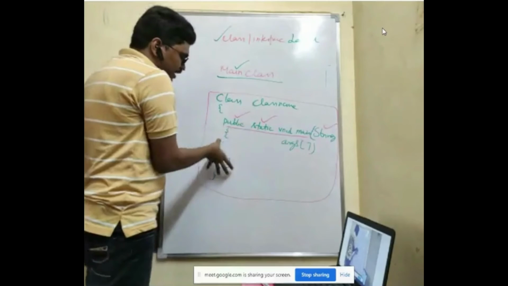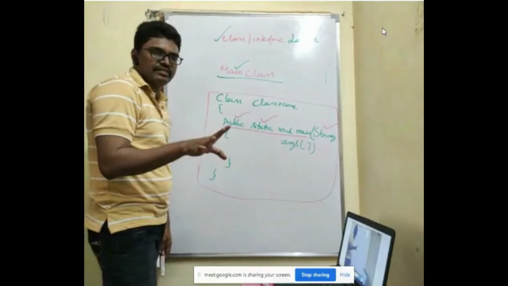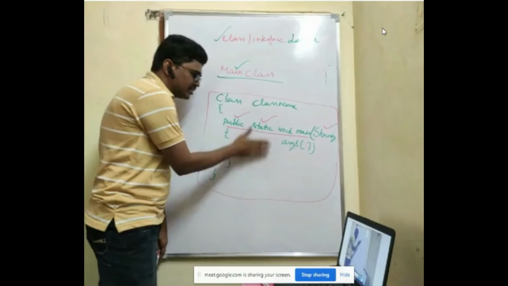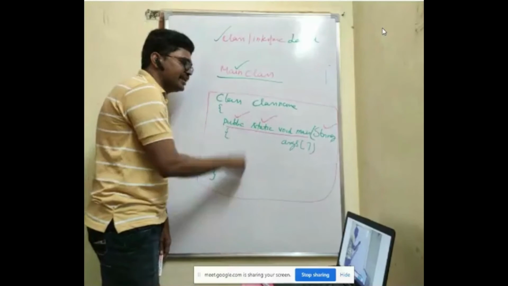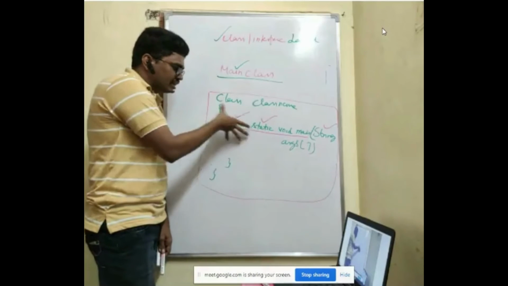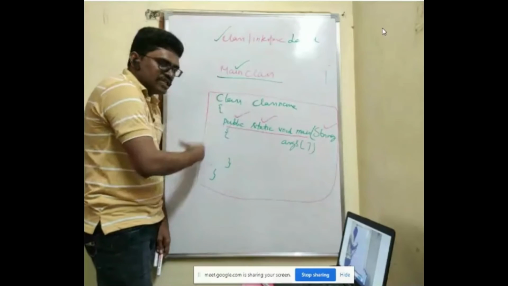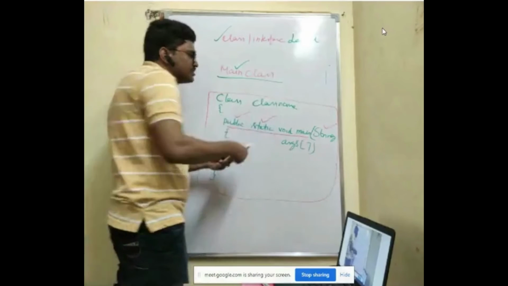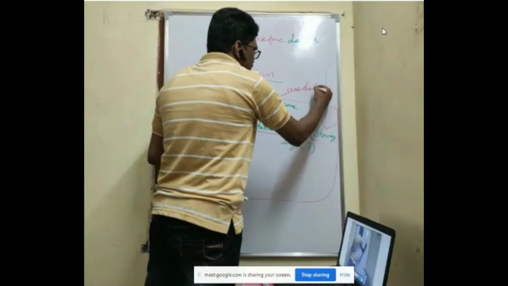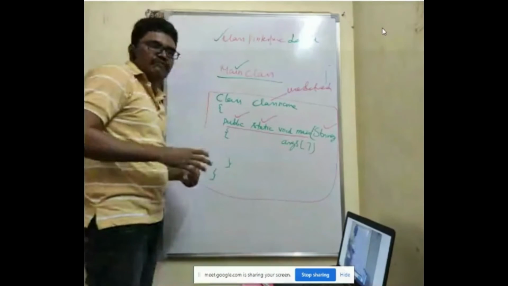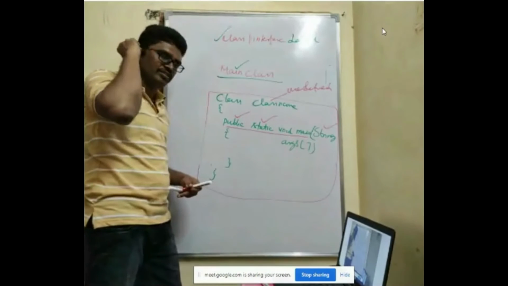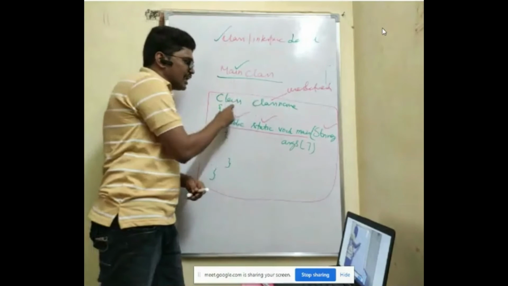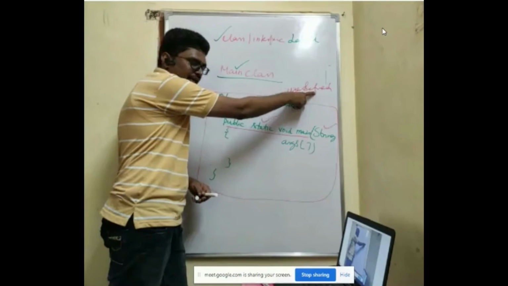See, everything is written in a class in Java. Nothing should be written outside of the class. Either it is a method or a variable or anything, you should write it inside the class only. You cannot write anything outside of the class. Class is a keyword, with a small c. Class name is nothing but a user defined name. Wherever you get user defined names, you have to follow the identifier rules. So class name is a user defined name.